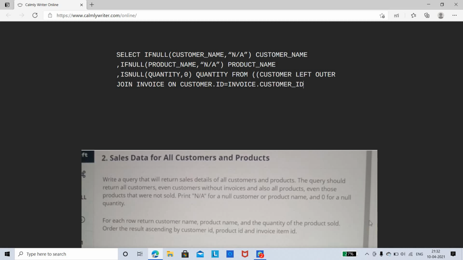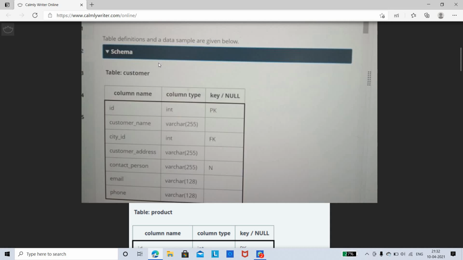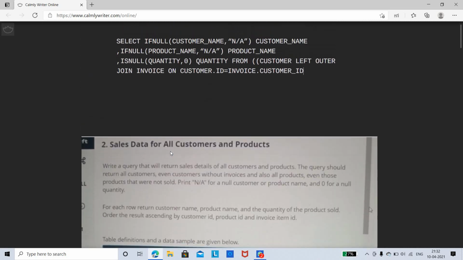In the invoice table we have customer_ID. See here, first we have considered customer, we have taken ID, and with respect to invoice we have taken equal to customer_ID.